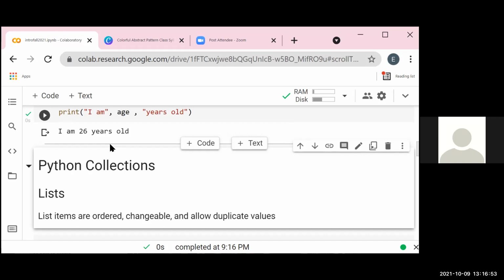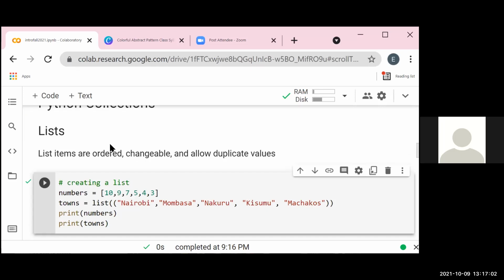Those are some of the common functions you do with strings or numeric types that we didn't mention during the previous class.